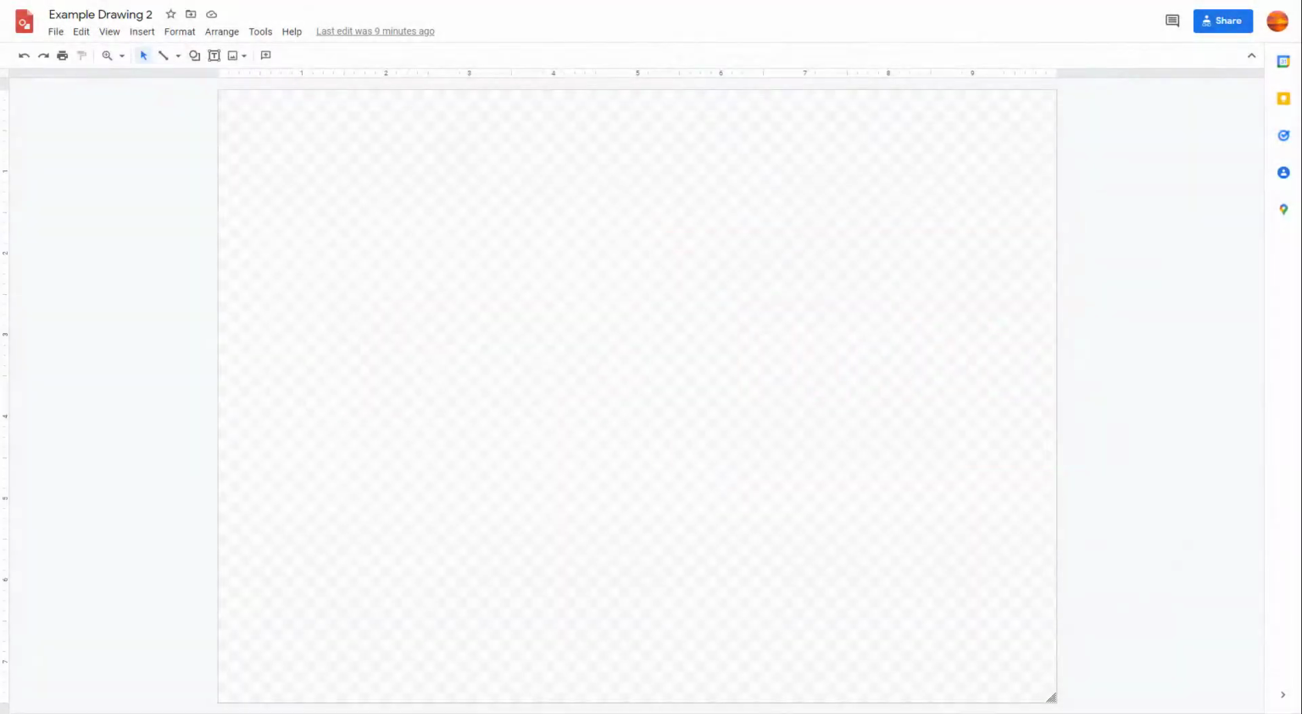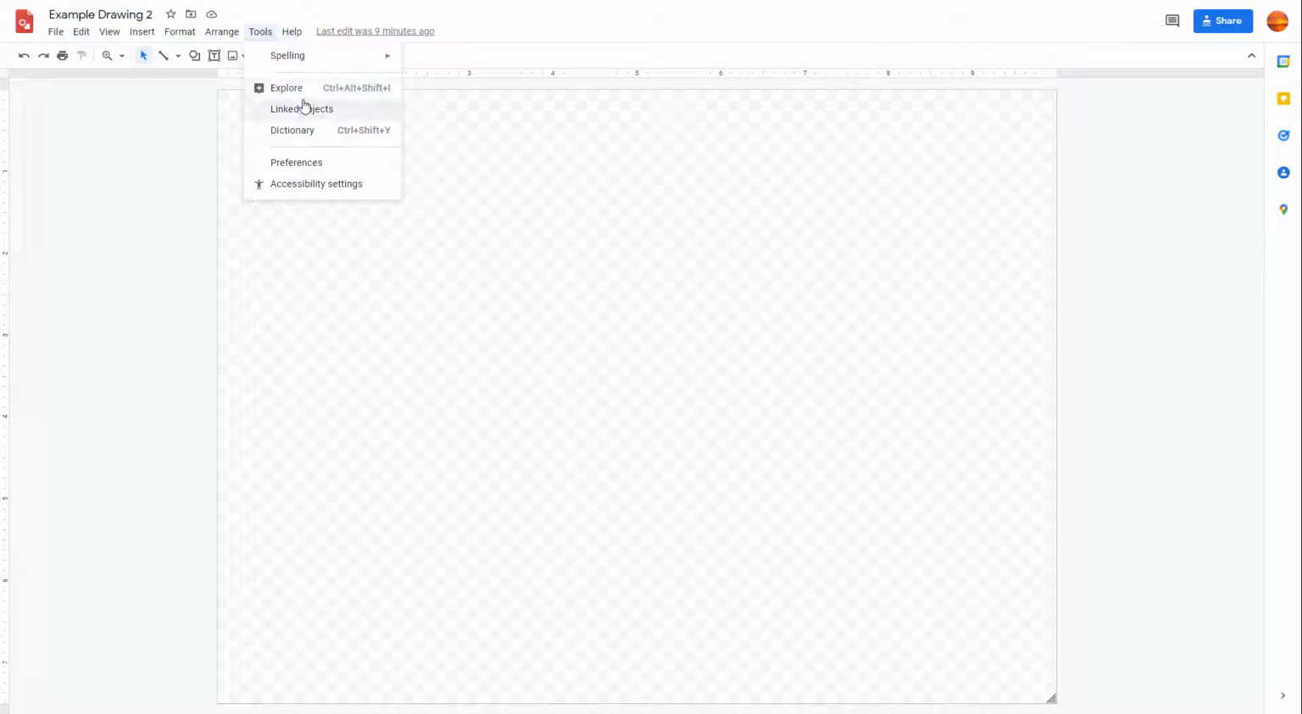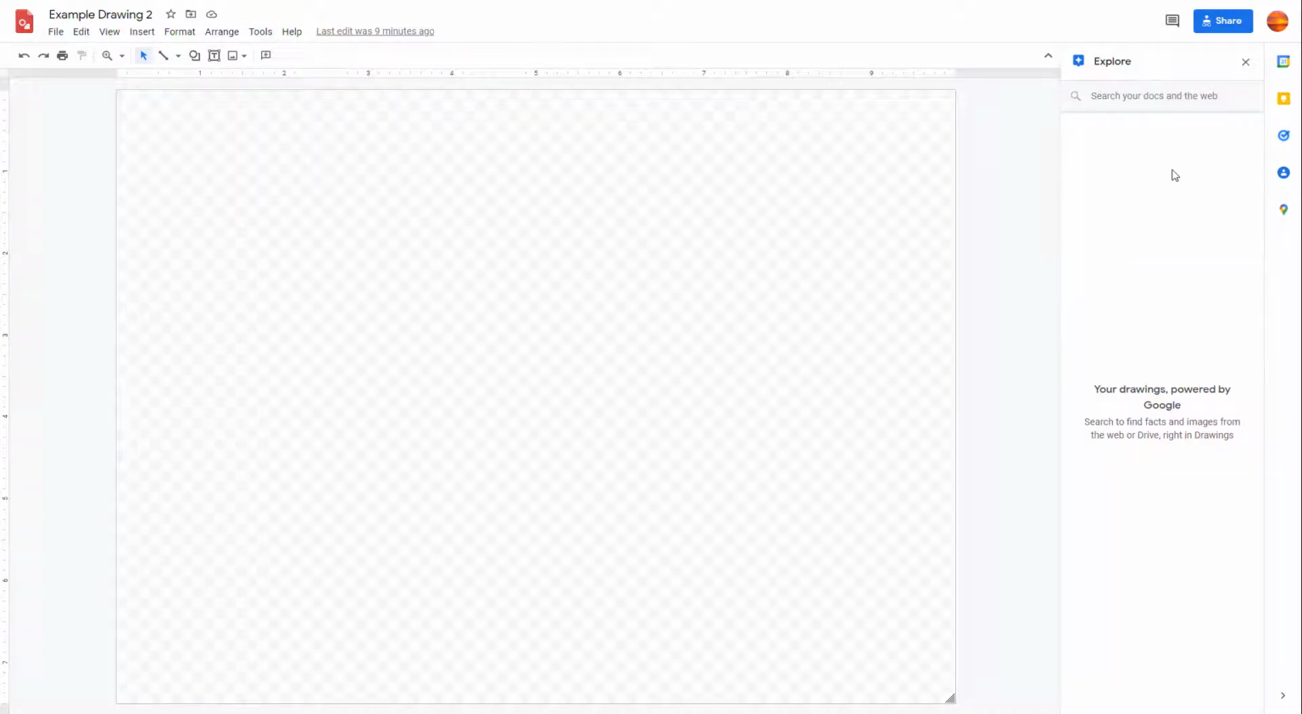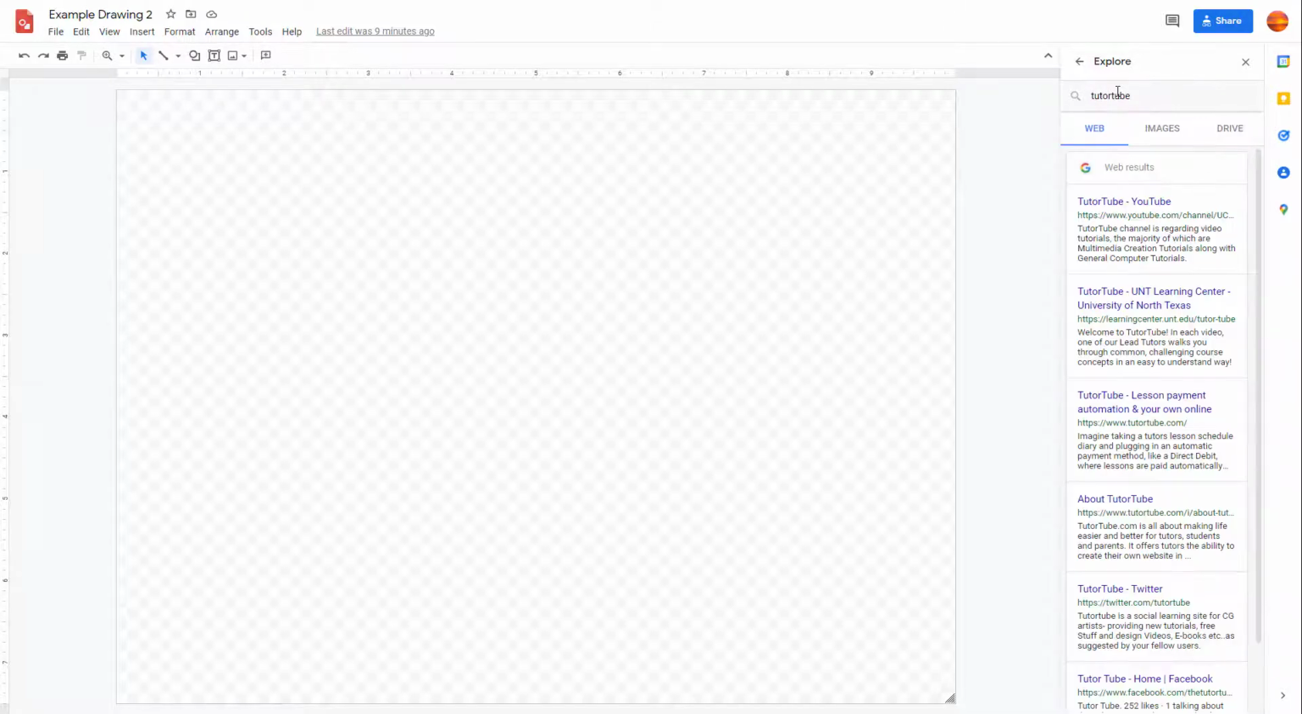If you want to search out different information, then you can directly use the Explore option from within Google Drawings. To do that, first of all, you need to click on Tools right here, and here you can see Explore is an option. Once you click on this, you can go over here and type in whatever you want. So if I were to type in TutorTube and press enter,